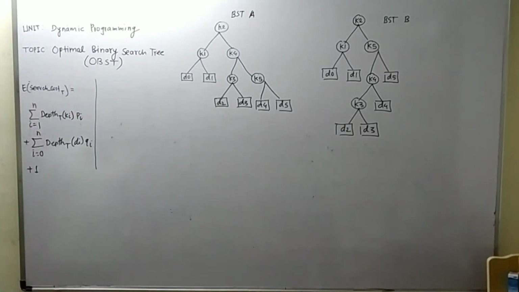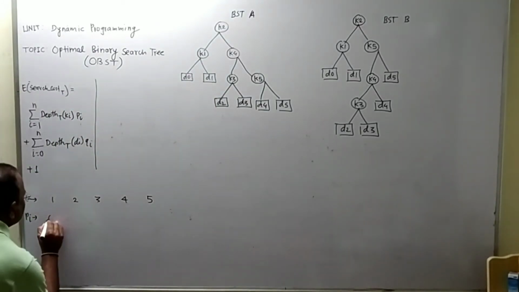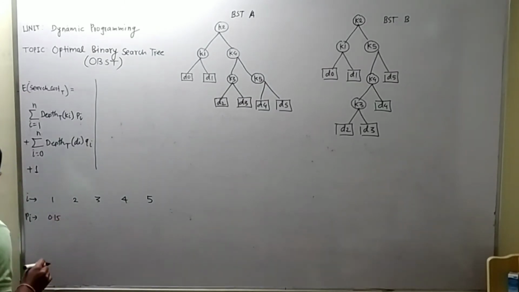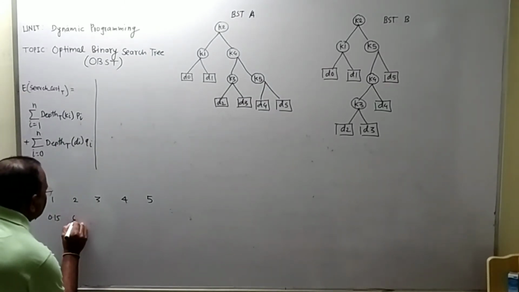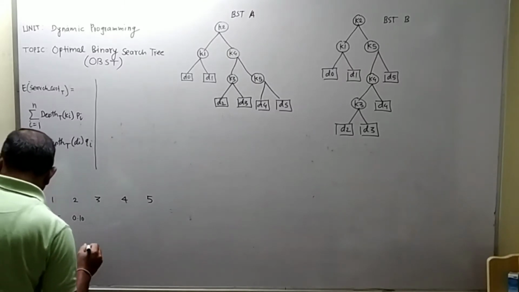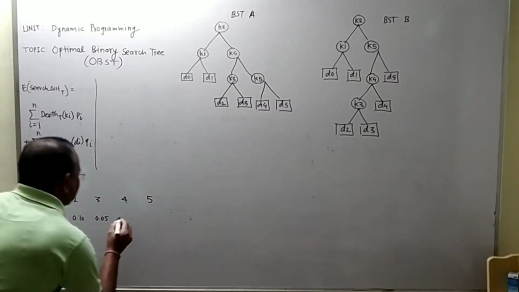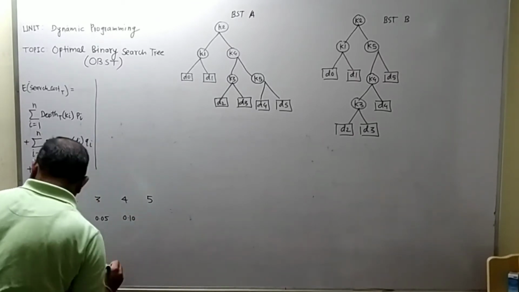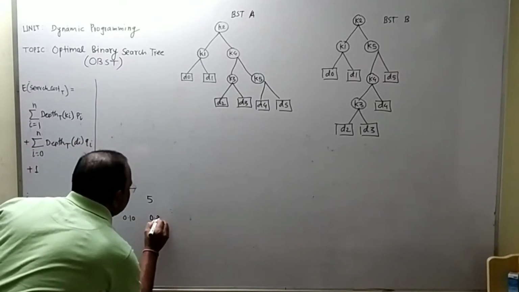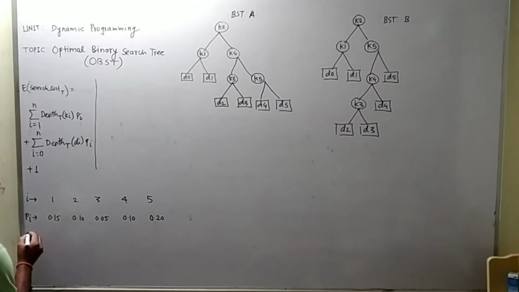Pi is 0.15, 0.10, 0.05, 0.10, 0.20. Then Qi, that is the probability of dummy keys, is